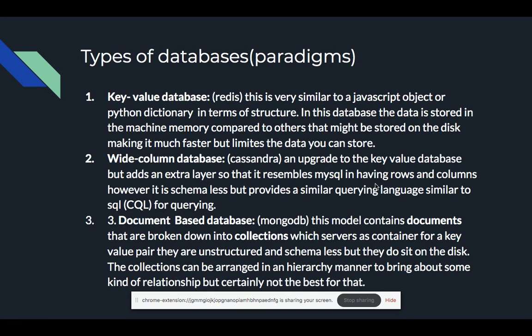The next database we'll talk about is the wide column database. A very popular example is Cassandra. I hope you've heard of all these databases I'm listing, or you can at your own time go and check them up yourself. But I digress. Anyway, Cassandra or a wide column database is an upgrade to the key value based database. They do kind of try to resemble a MySQL database or relational database in the sense that they try to emulate rows and columns. Yet they still don't have a schema,